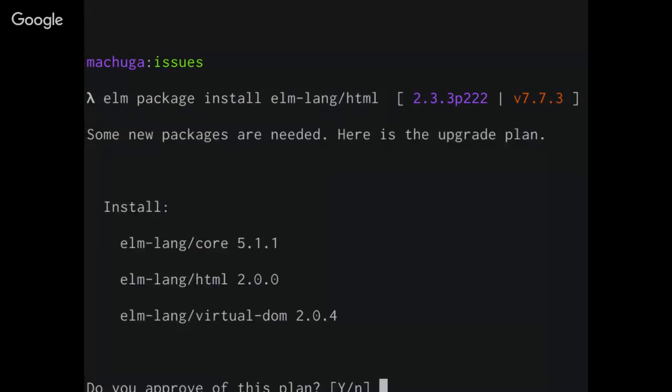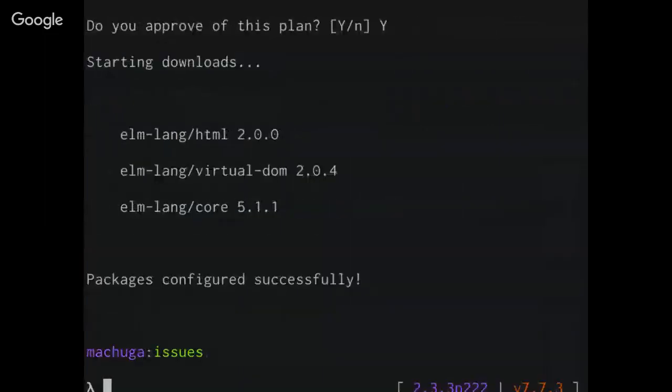And the compiler and the package system are both extremely polite, and they're nice to you. They don't scream at you as much as C++ will, or the frustrating ones when you get a seg fault and it doesn't tell you anything. This one's very polite. It says, here's the upgrade plan. Do you approve of these things? So it won't just go and install dependencies without your confirmation. So say yes. Thank you. I would love for you to do that.